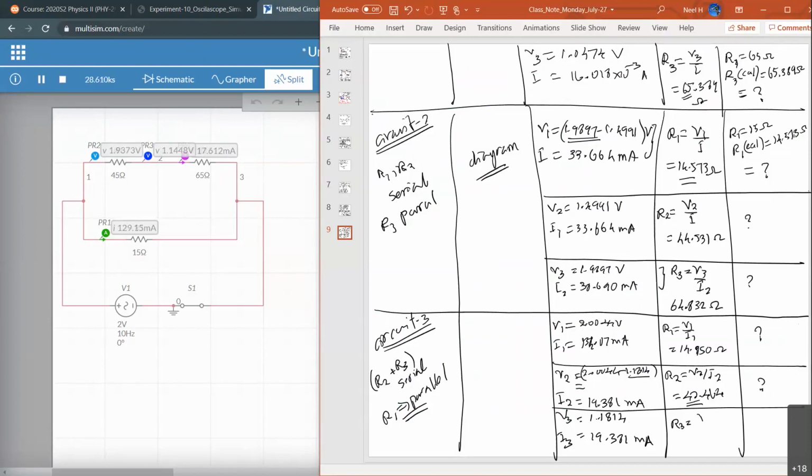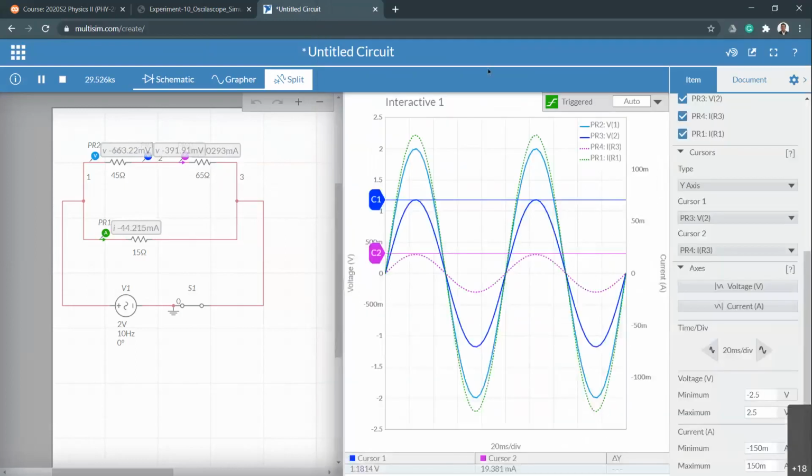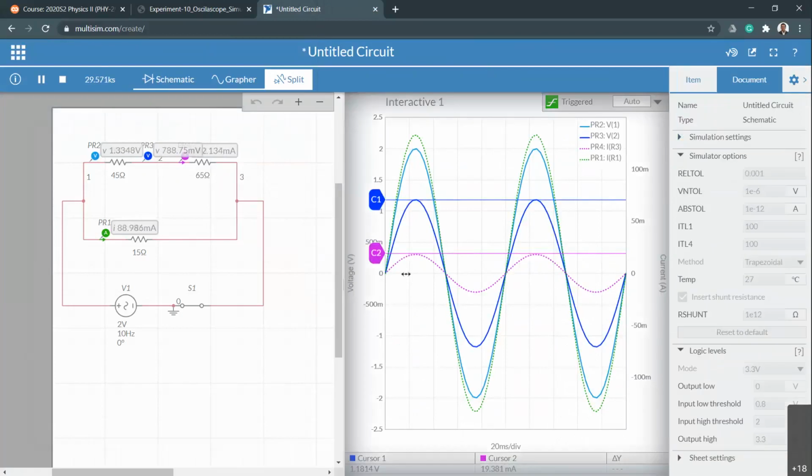So R3 is V3 over I3. I3 is actually the same as I2, so that is giving me 60.957. Okay, there's a little bit of percentage error, that's fine. That's just our reading error. It's not really anything real. If you spend a little bit more time and try to read this fairly accurately, then you will get